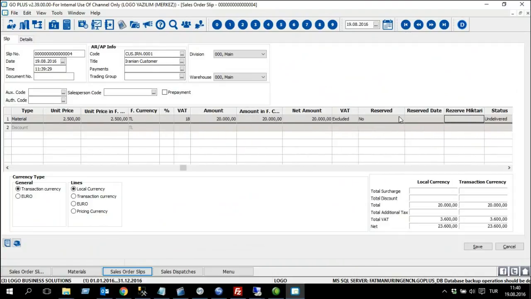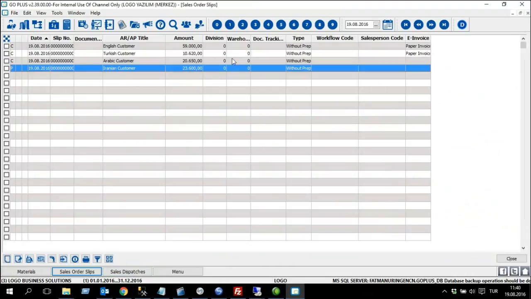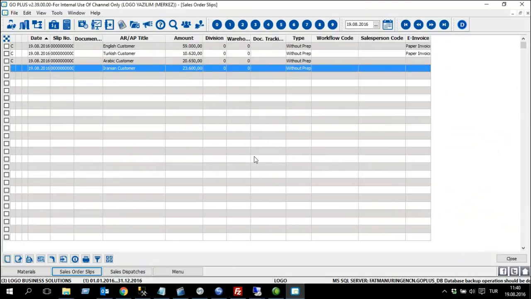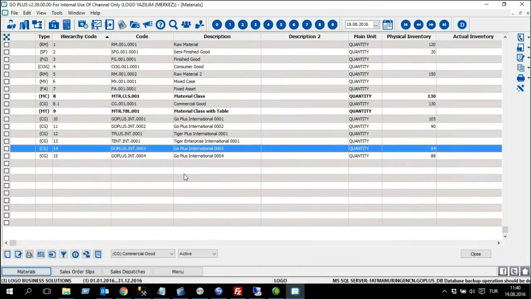Again, on the lines I will use reservation, change the approval info from proposal to deliverable, and now we will be able to see